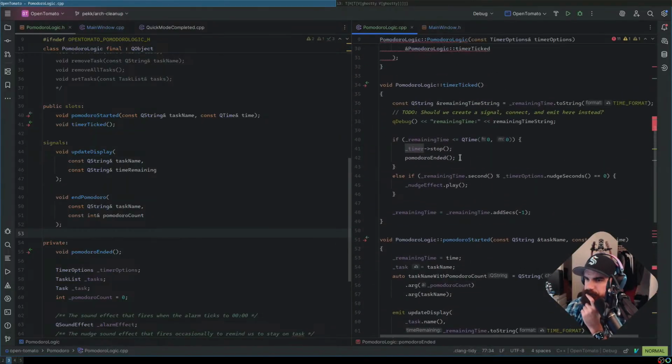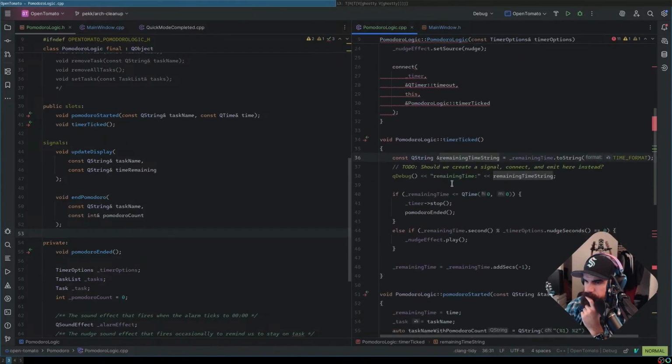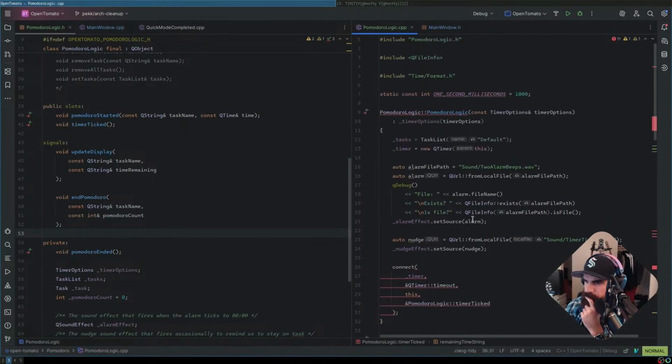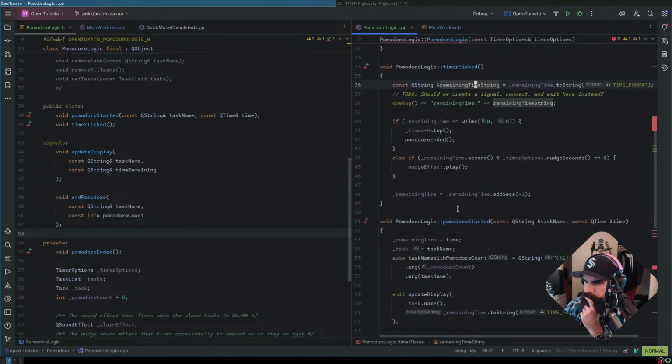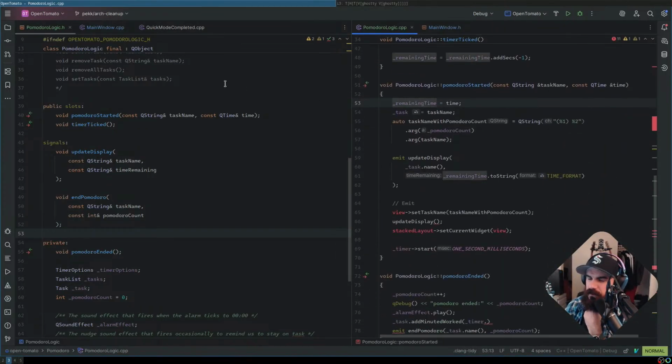Hold on. Pomodoro started. Oh, I see. So I only actually track the remaining time.